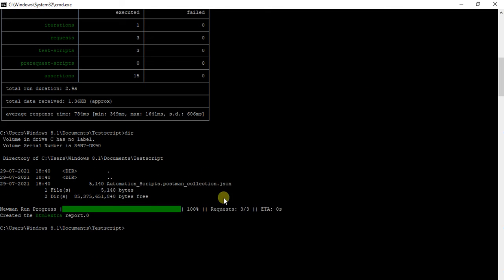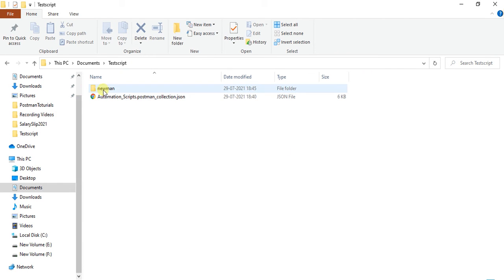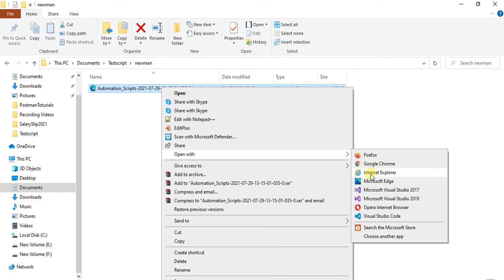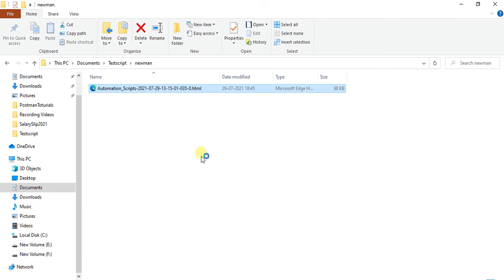Yeah, it has generated the Newman HTML extra report. So let me open that folder. Here it has generated the Newman folder, and inside it I have the report file. So let me open with, you can use any browser. Let me open.